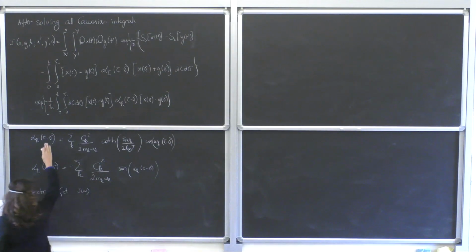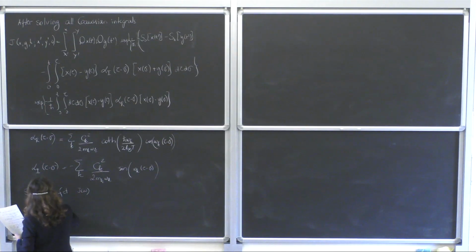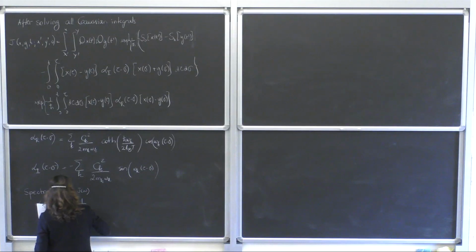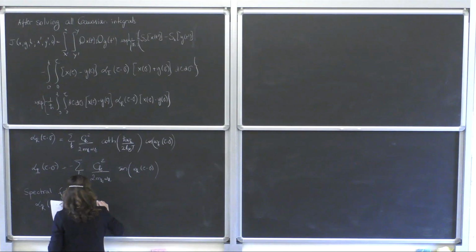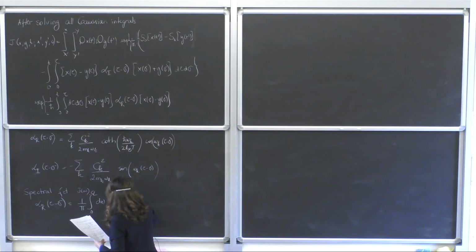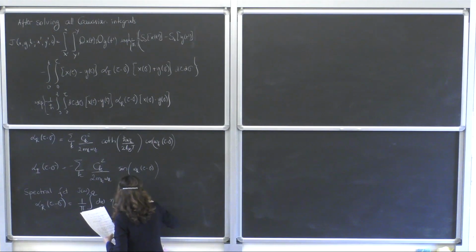You can immediately see that we can rewrite alpha R as 1 over pi integral in omega from 0 to the cutoff omega of eta omega cotangent hyperbolic of h bar omega over 2kBT